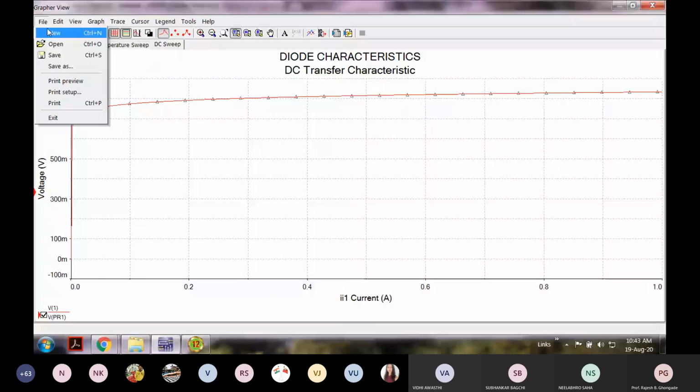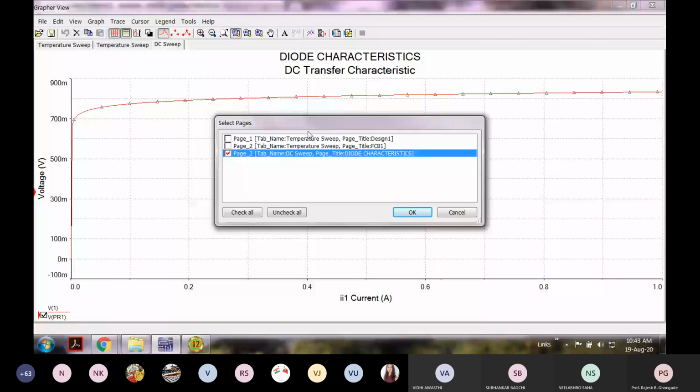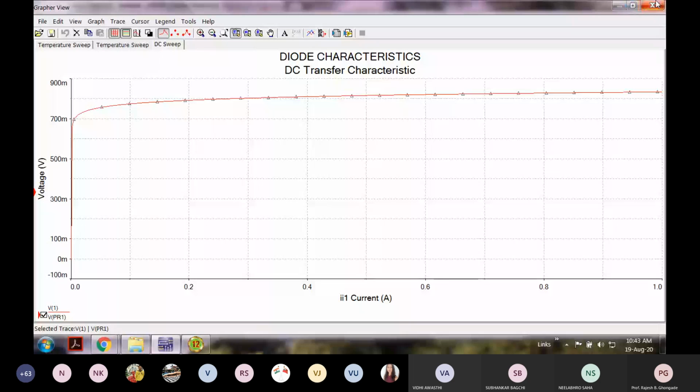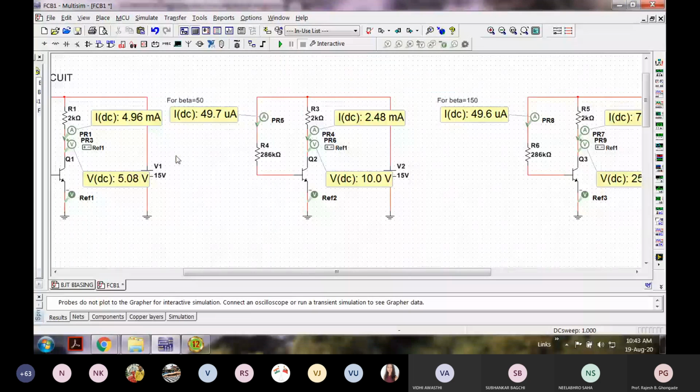So you can print it to Adobe. No need of printing it on a paper. So just print it to Adobe, and that PDF document you can attach in your file as your assignment. All right. Is that clear? Yes, sir.